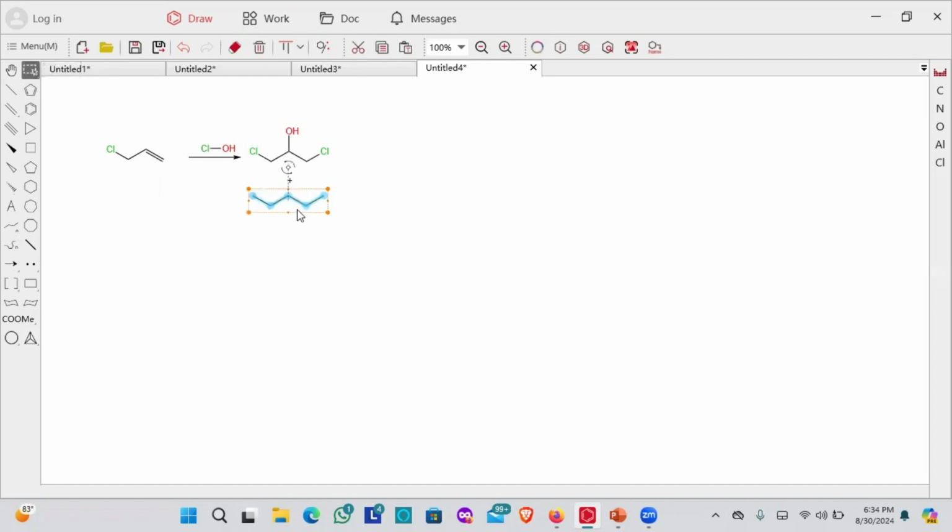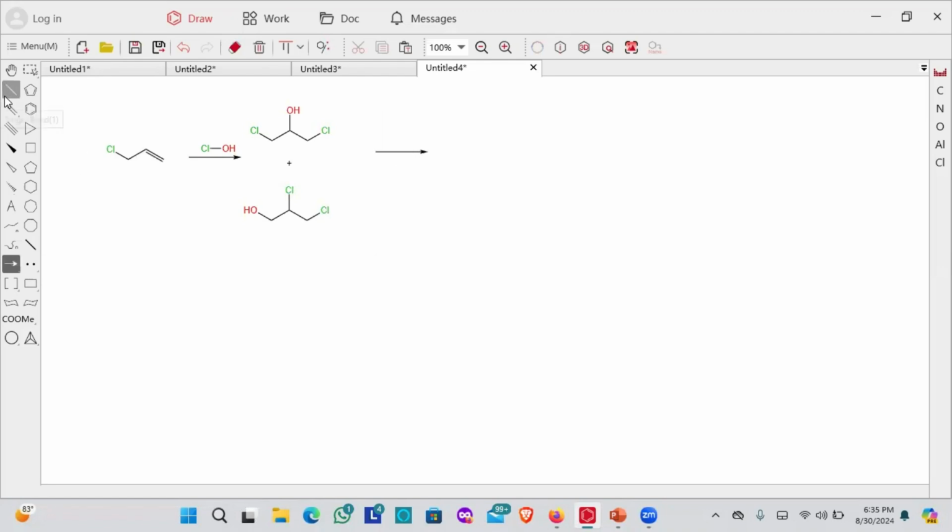Let's move this a little bit downward and this one a little bit upward. This is 1,2-dichloropropanol and 1,3-dichloropropanol. And then from there on, we're going to use sodium hydroxide to convert the 1,2 and 1,3-dichloropropanol